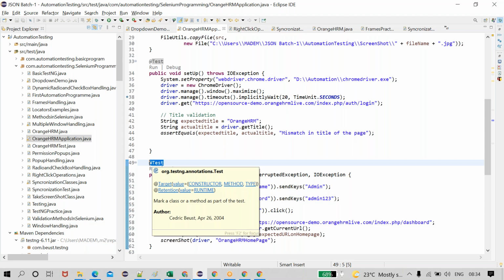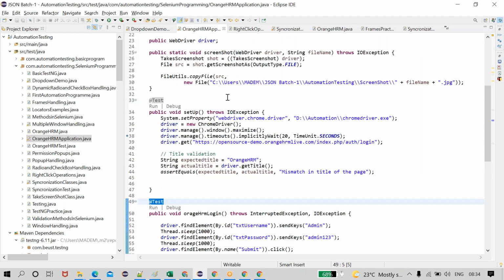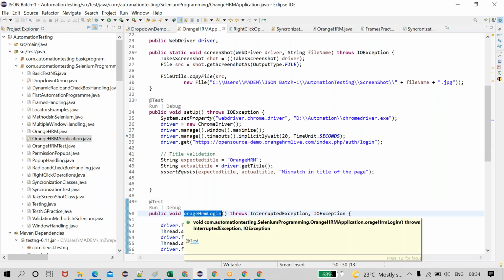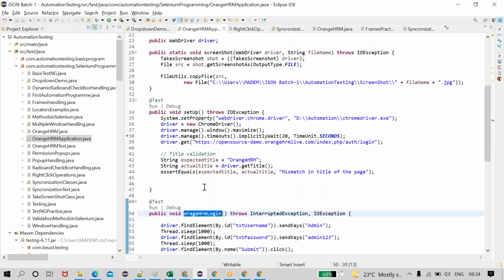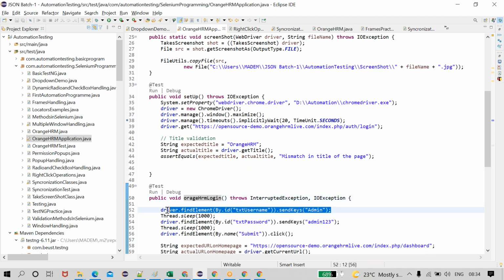Both are test methods, which means the execution takes place based upon the order. I told you, if you do not give the priority, it will execute based upon the order. First, which will be executed? This will be executed. O will come. M N O P Q R S. First O will come.